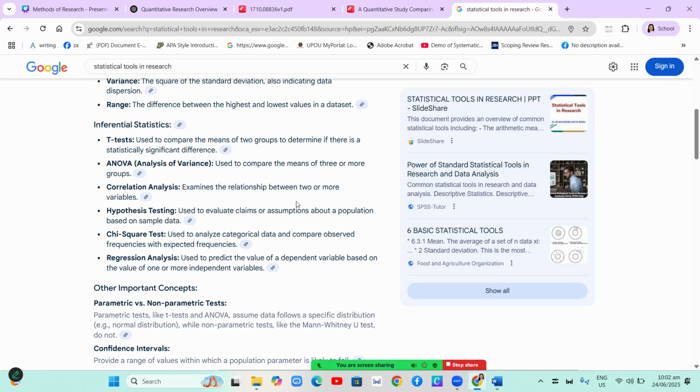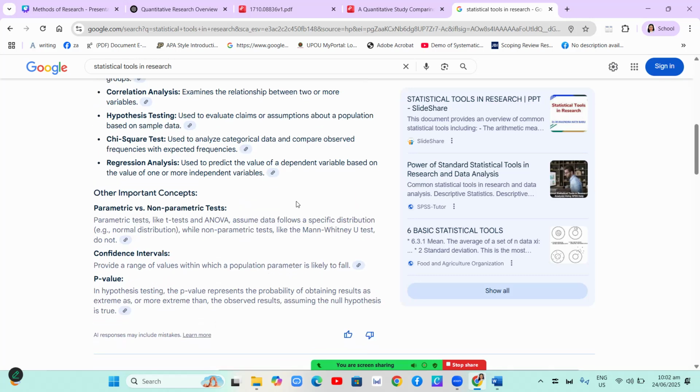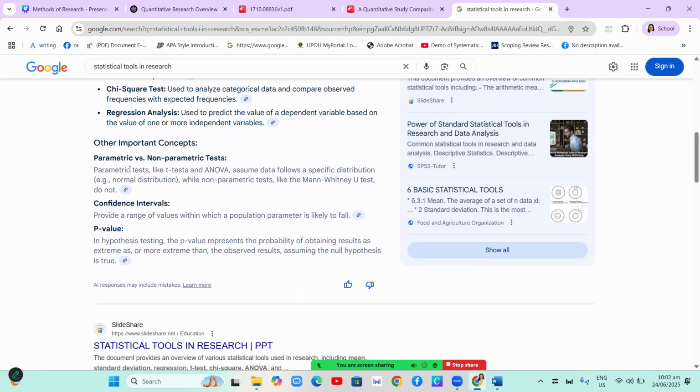Okay? So, and other important concepts, there are parametric and non-parametric tests. When you say parametric, it's t-test and ANOVA. Okay? So, non-parametric tests are Mann-Whitney test and other tests. Okay, as you take your master's or your doctor studies, you will study other types of higher tests.